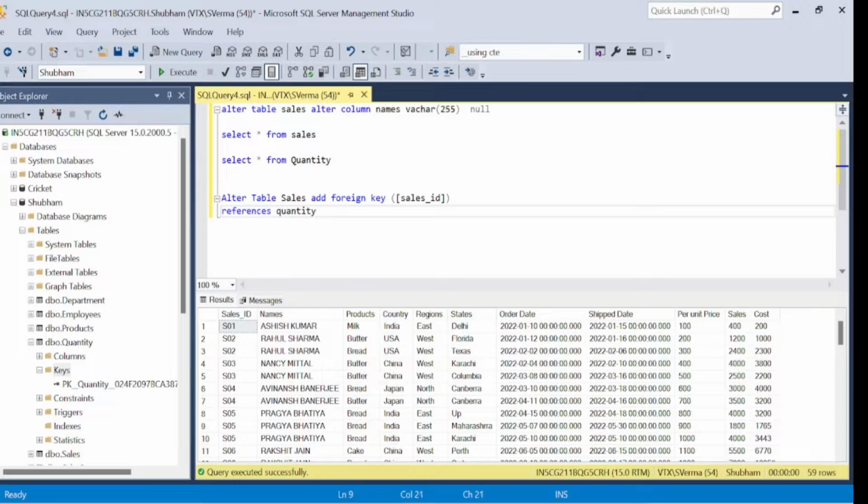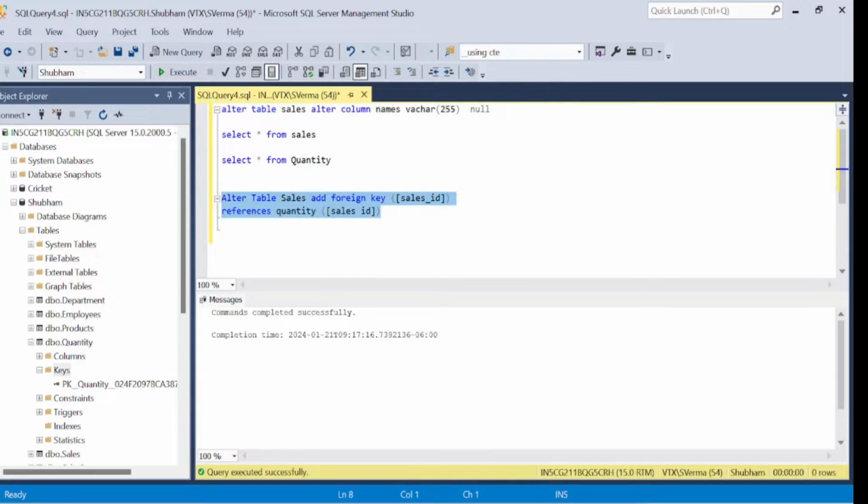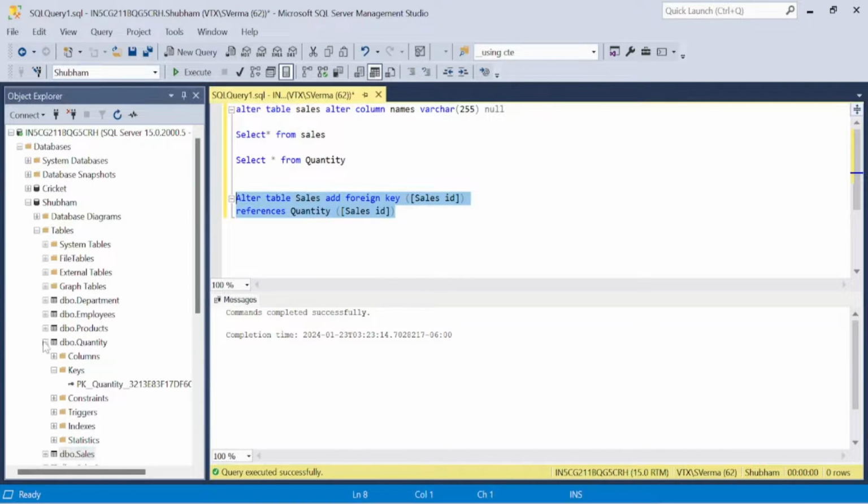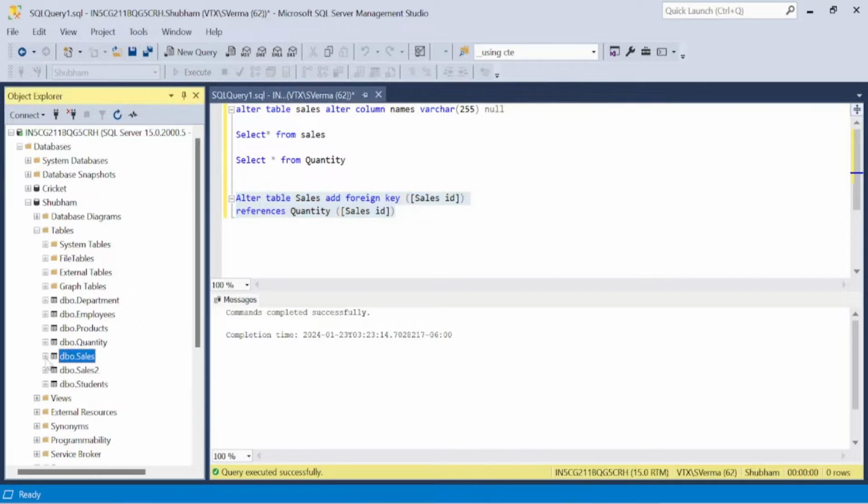And now I will write my column name, which is the primary key column. So under the quantity table, our sales ID column is a primary key. And now let me execute this query. Command completed successfully. And now I will go to the left side and click on the plus icon